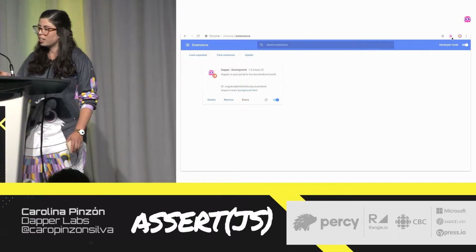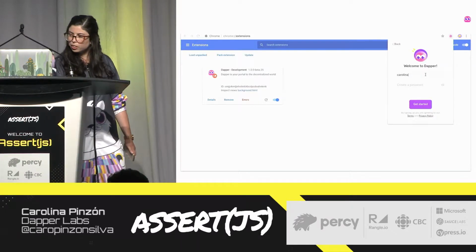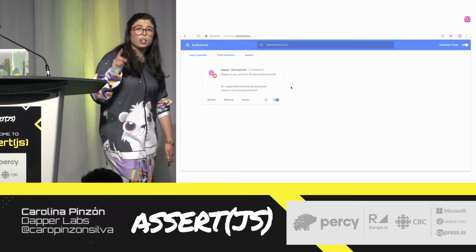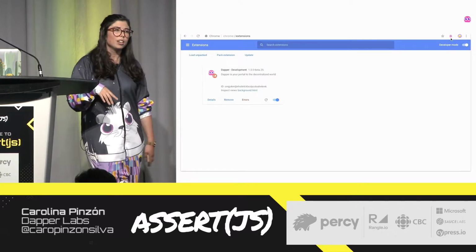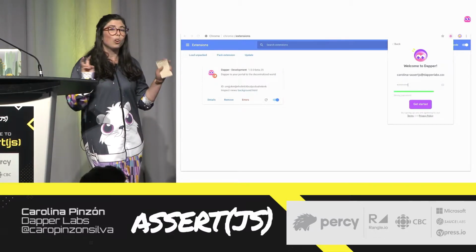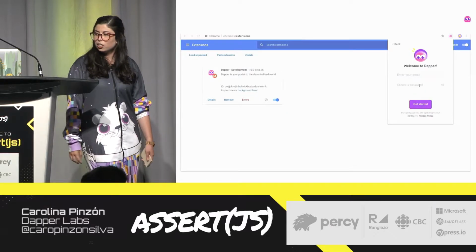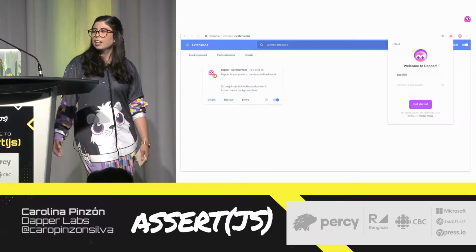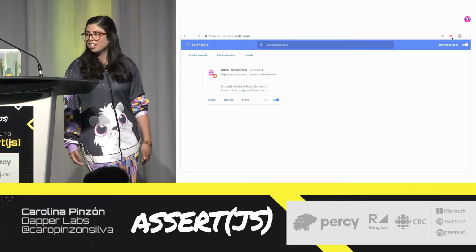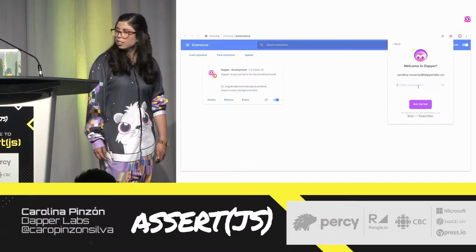If you see here, when I click the refresh button, I'm going to click it in 1 second. When you click the refresh button, it is the same as closing and opening the window again, because it restarts the background script. And this was us at the beginning, trying to test that all these steps work. So it was going into the extension, adding an email, then closing the pop-up, refreshing the extension, opening it back again, checking if the input that the user wrote is still there, and also